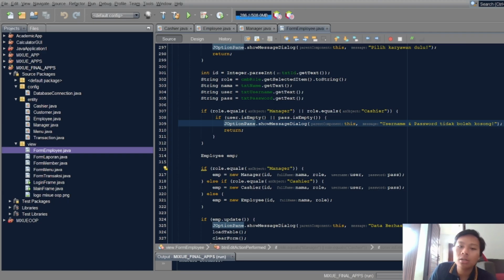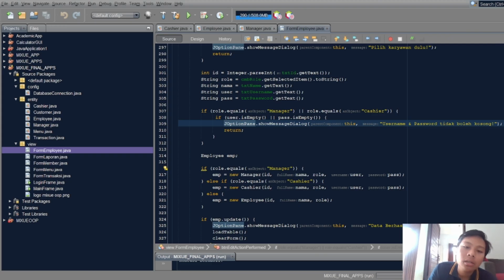It checks the role, manager or cashier. If the role is manager or cashier and they have an empty password or empty user, the message dialog will show: password atau username tidak boleh kosong.